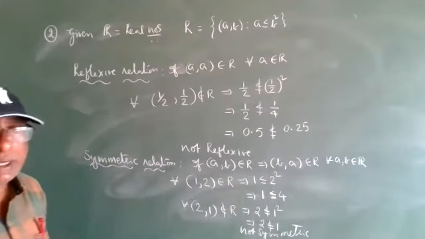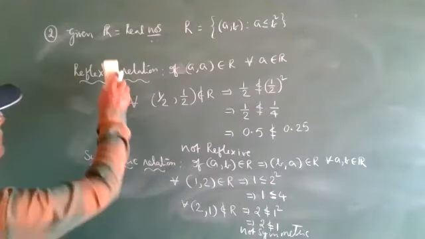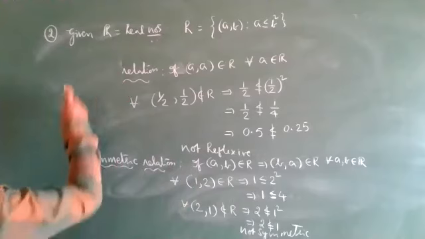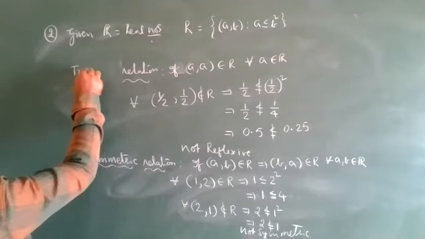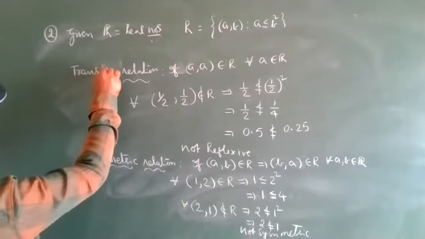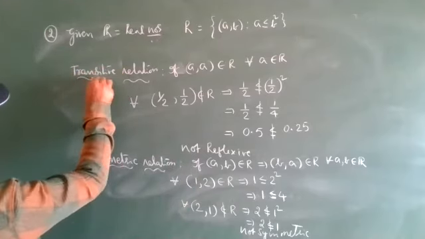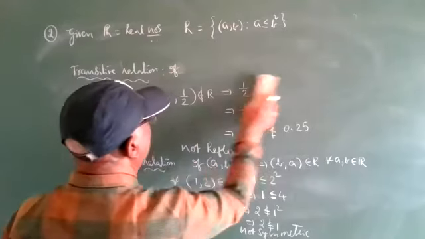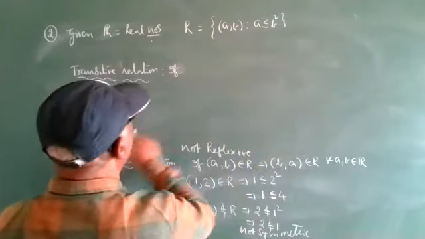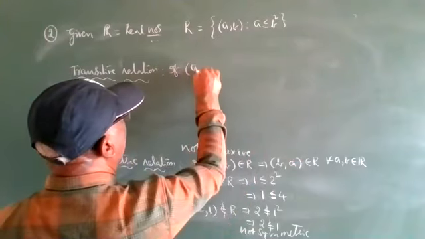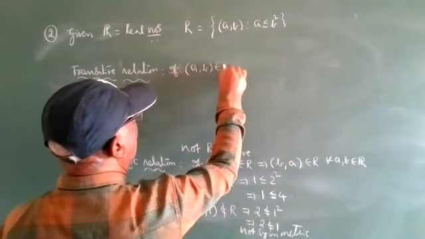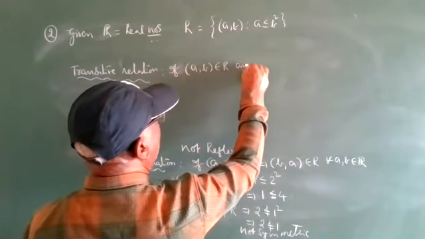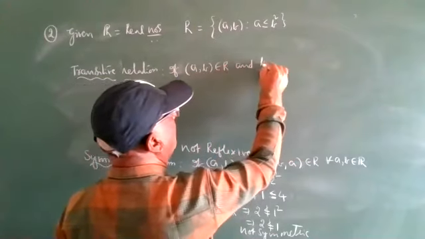Transitive relation: first write down the definition. If A comma B belongs to R and B